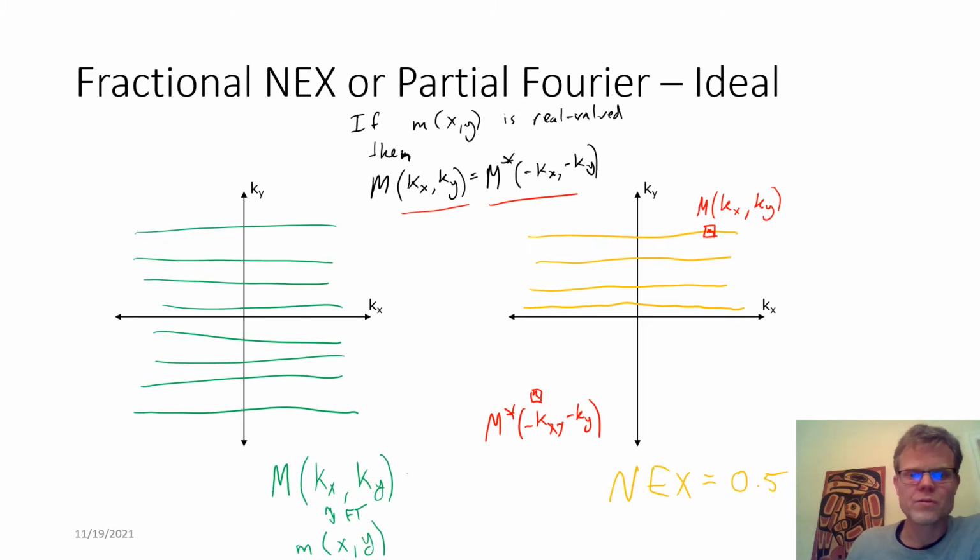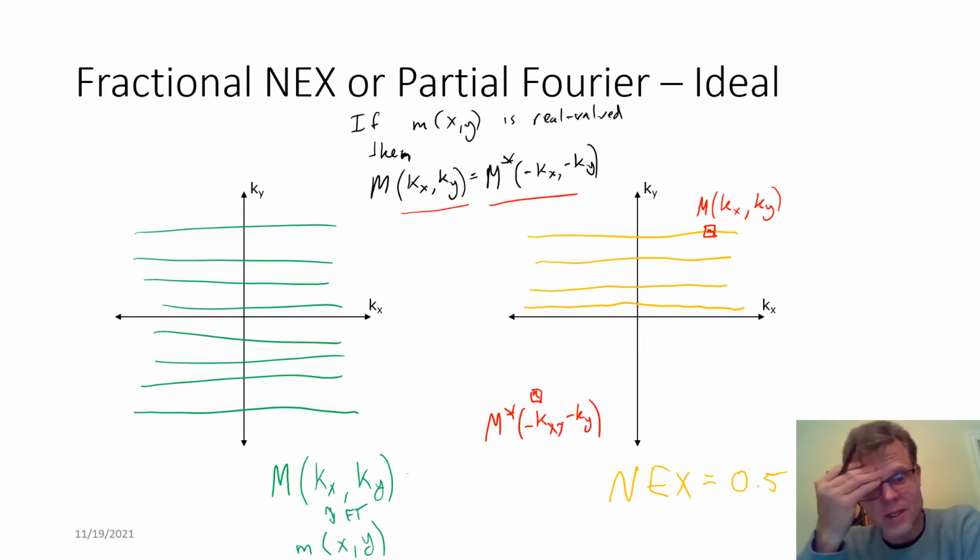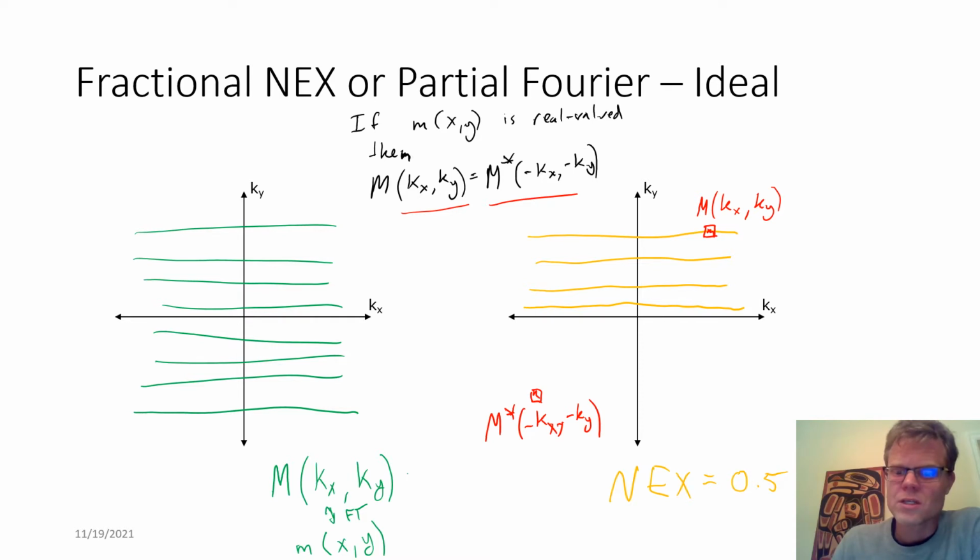So just a quick review of fractional NEX or partial Fourier methods, how they ideally work. Here we say if the object we're imaging, little m of x,y, is real valued, then we have conjugate symmetry in the k-space data. So we only need to cover half of k-space, and we can synthesize the other half of k-space by going to the inverted k-space location